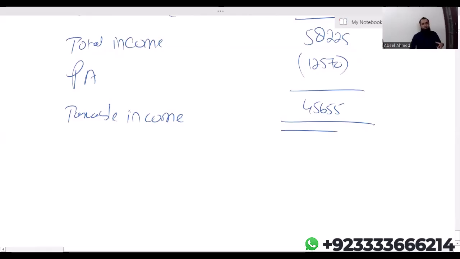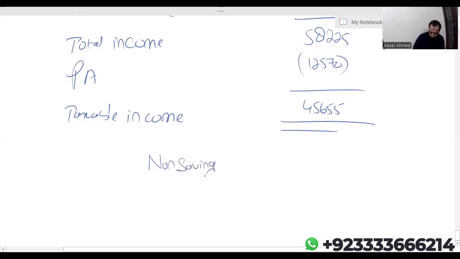Obviously, whenever we are dealing with a long question, first, vertically, you have to take all the incomes, show all the incomes, total income, deduct personal allowance. Then when it comes to applying the tax rates, you have to make the columns showing how much income is coming in the non-saving, how much in the saving, like this. Come here. Now we are doing income tax calculation.